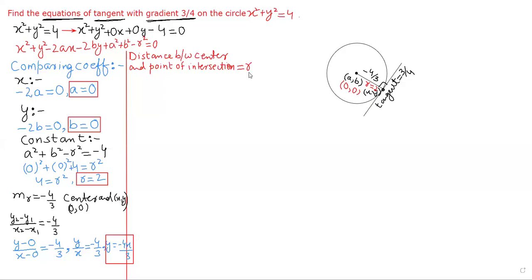Ok, distance formula, we know that distance is equals to under root x2 minus x1 whole square plus y2 minus y1 whole square। ठीक है, तो डिस्टेंस क्या हो जाएगा मेरे पास? रेडियस हो जाएगा। वैल्यूज प्लॉट कर देता हूं। x2 की जगह x माइनस 0 का होल स्क्वायर, y2 की जगह y माइनस 0 का होल स्क्वायर। ओके, तो जो रेडियस हमारे पास आ रहा है वो मेरे पास रेडियस कितना आया हुआ था? रेडियस था 2 इक्वल्स टू अंडर रूट एक्स स्क्वायर प्लस वाई स्क्वायर।